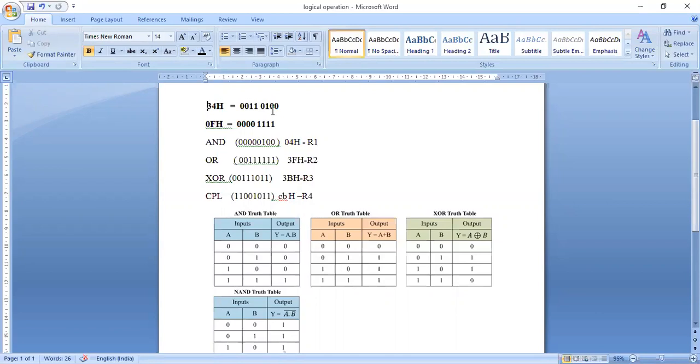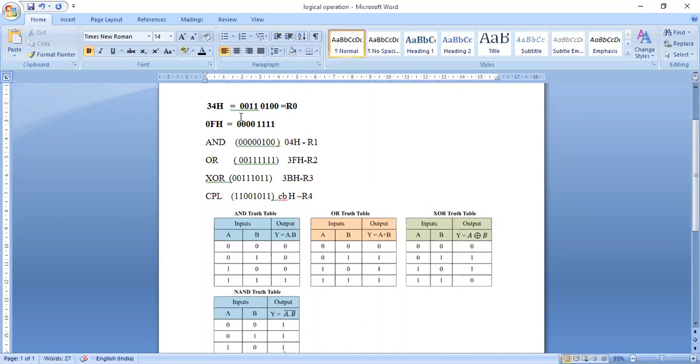Yes. Now this is the value as I told you. This is the value 34H, which was initially present in R0. So R0 is having the value 34H, and the second value is fed directly in the form of immediate addressing to the accumulator. That is, MOV R0, 34: 34 is loaded into R0, and from R0 we have moved it to the accumulator. So the accumulator is having 34, and the second value is 0F.